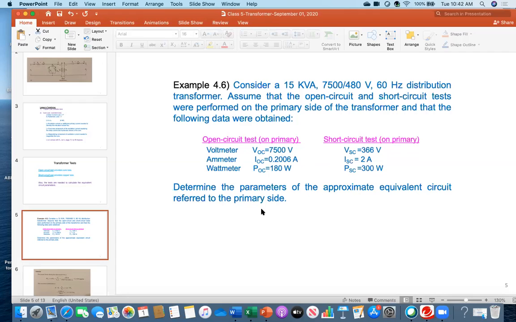It is telling referred to the primary side because, you remember, when I was deriving the equations or parameters, I moved the R2 and X2 from the secondary side to the primary side. That's why I multiplied a square R2, a square X2. That is the meaning. So this is the problem I have taken from the book example, and if you all understand this problem,